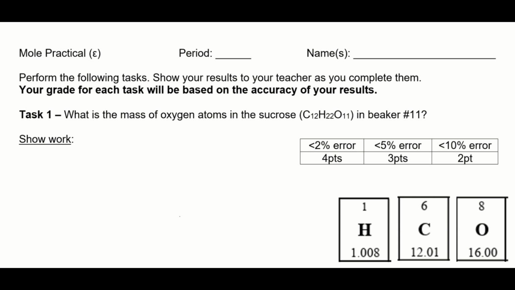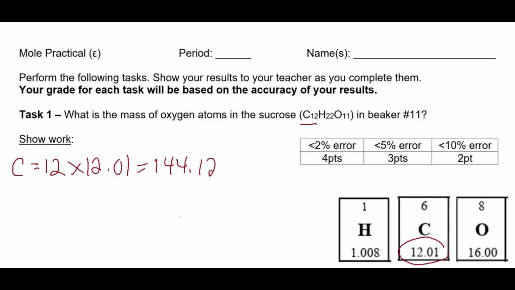All right, now for task 1, I am asked to determine the mass of the oxygen atoms in a specific amount of sucrose in beaker 11. So you could have massed that substance out first. I'm going to use the periodic table and get the percent composition first. So for carbon, using the formula, I can see that there are 12 carbons, and the mass for carbon from a periodic table is 12.01, and that's going to give us